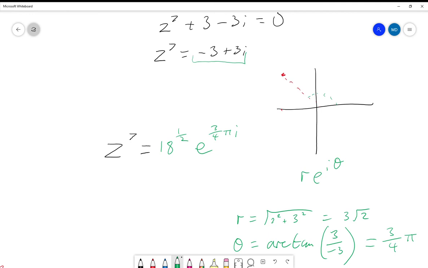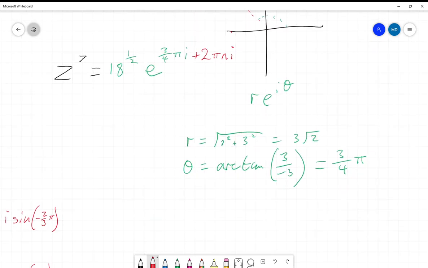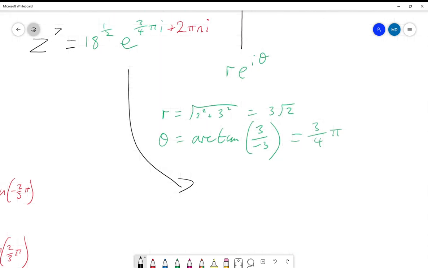But here, we need to consider all the other possibilities. So we also need to say plus 2 pi n i on the end. And that will give us all our multiple solutions. Okay, now let's take that. So now we have that, let's take our 7th root. So we get z will be equal to, taking the 7th root, 18 to the power of 1/14